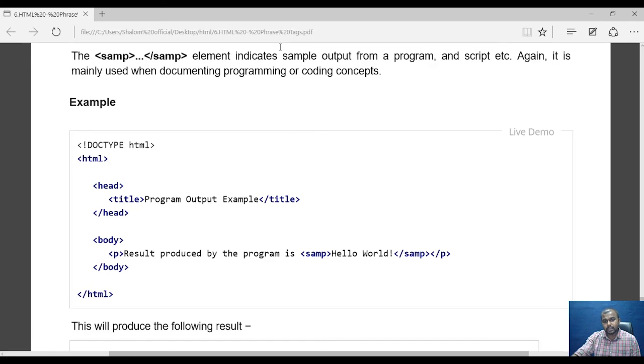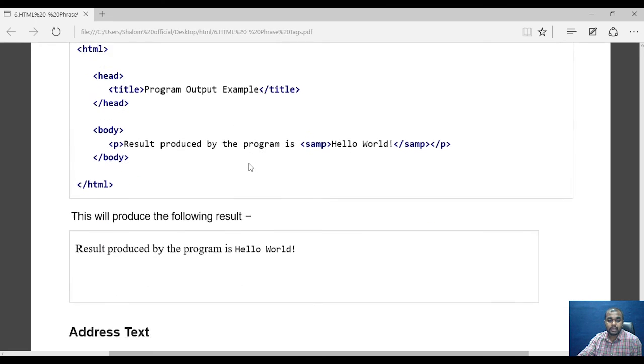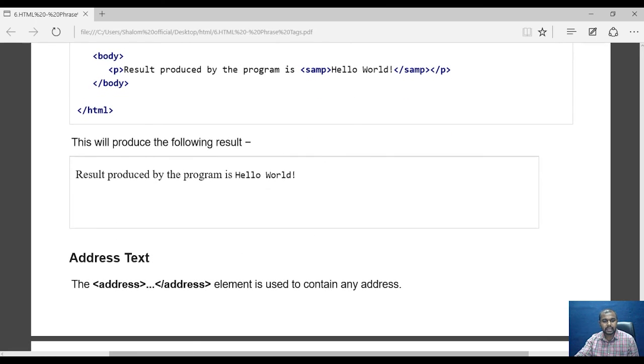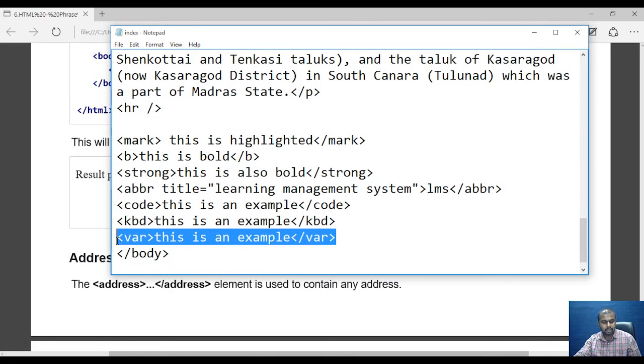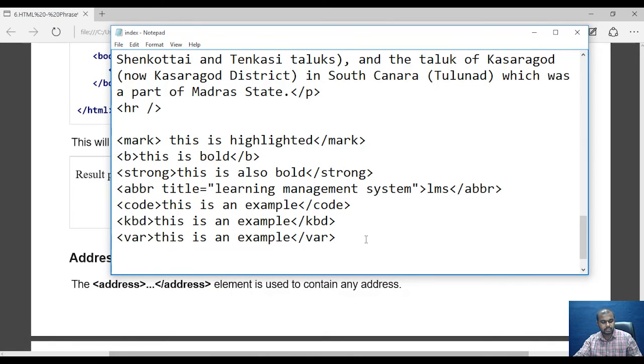you can use the SAMP tag. This element indicates sample output from a program, script, etc. So again, it is mainly used when documenting programming or coding concepts. If you want to just display the code to the user, you can use this SAMP tag. When you use the SAMP tag, the output will be almost similar to some tags.